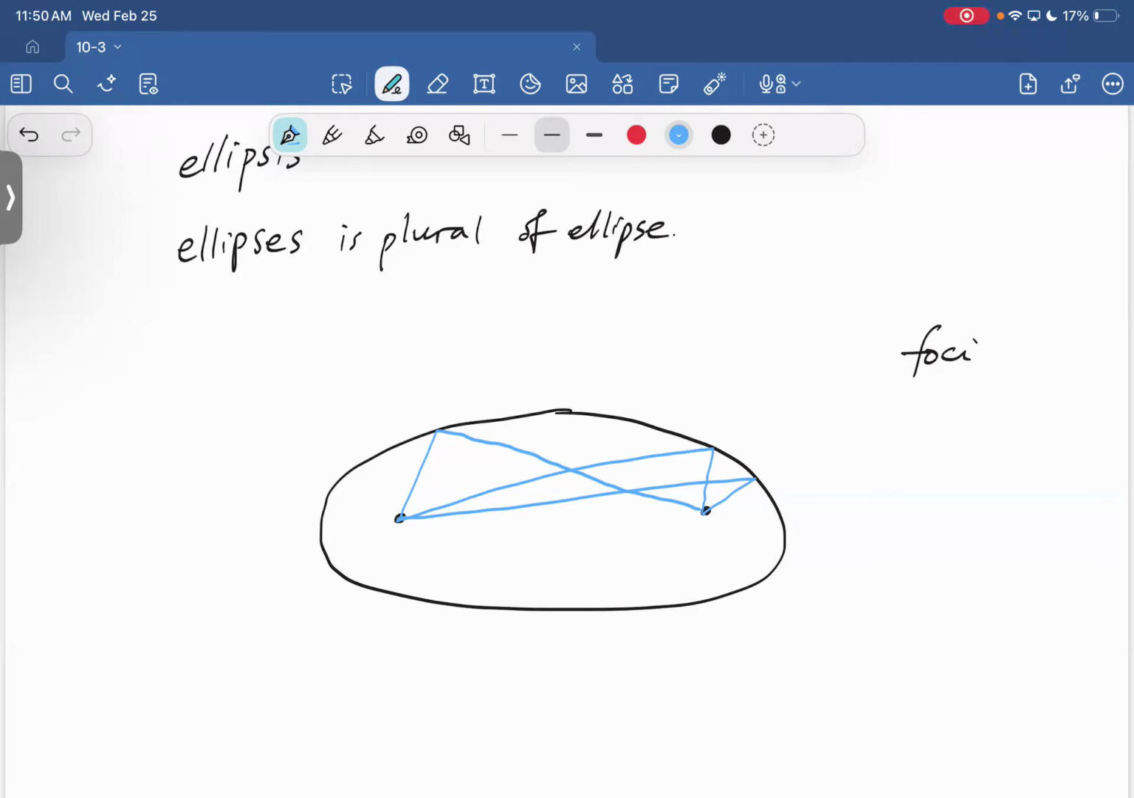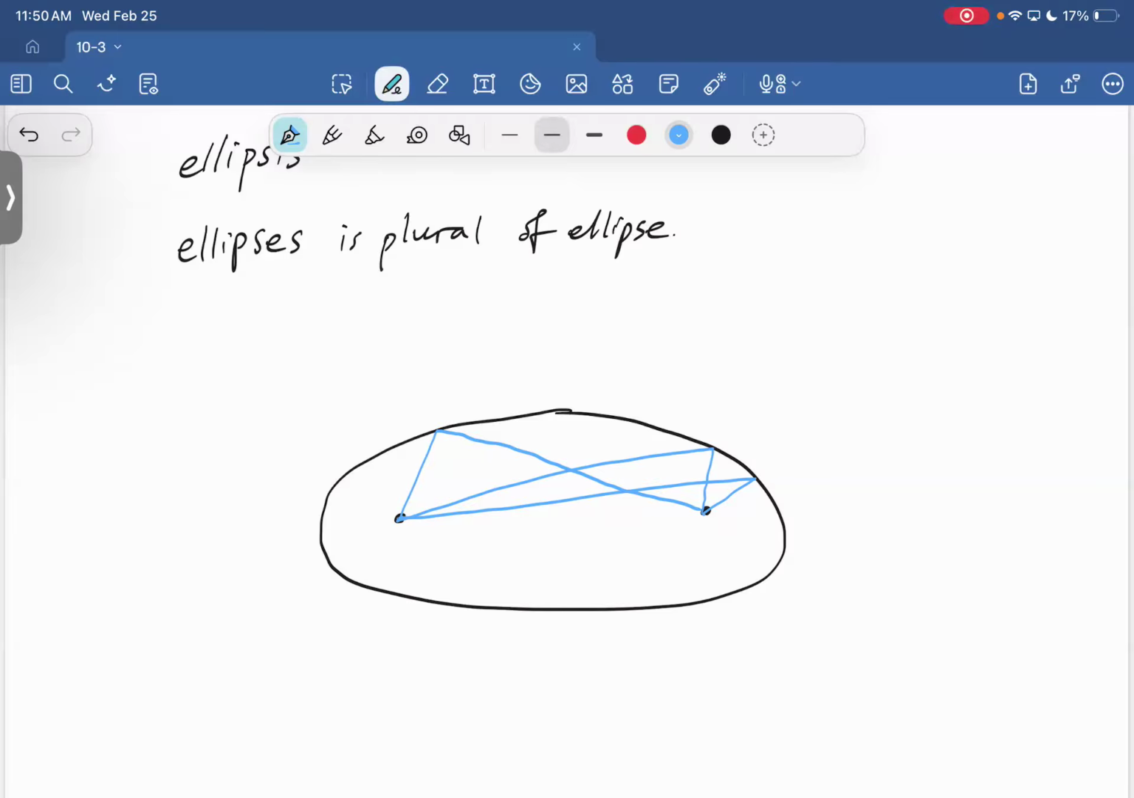It's called a stretched out circle, because a circle can be stretched out in different ways. And it's also not a stretched out circle. So, not merely a stretched out circle. Anyways,